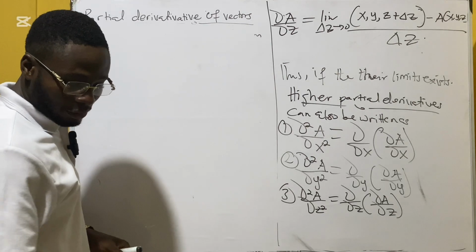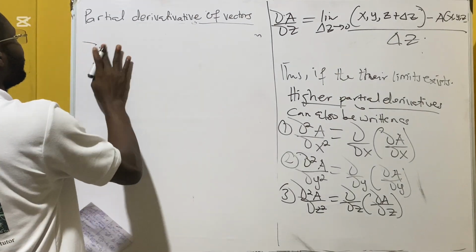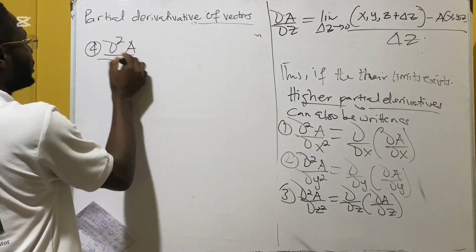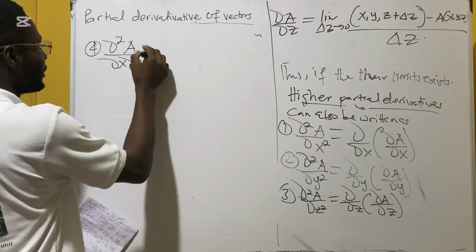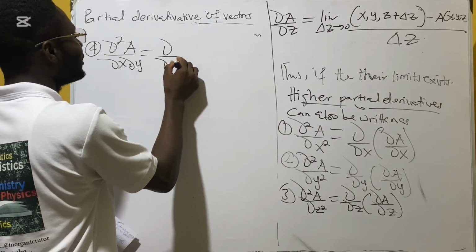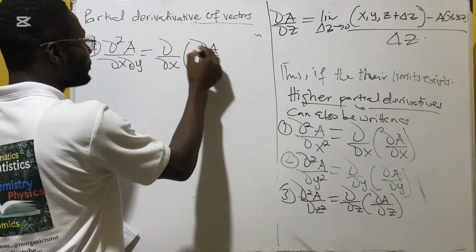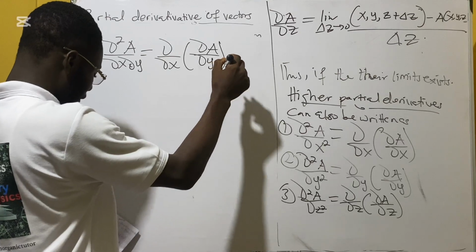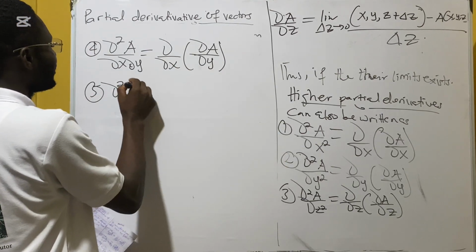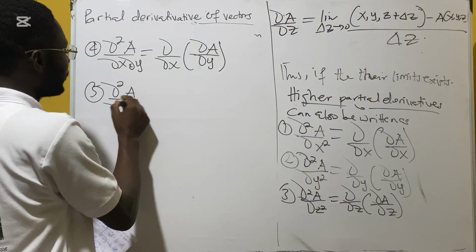Okay, so we can talk about 4: the second partial of A with respect to x and y. That is basically the same as d/dx of the partial of A with respect to y. And also 5: the second partial of A over dy dx is the same as